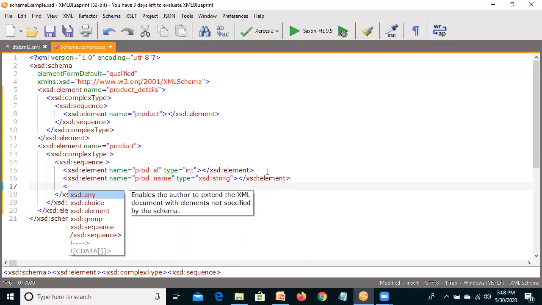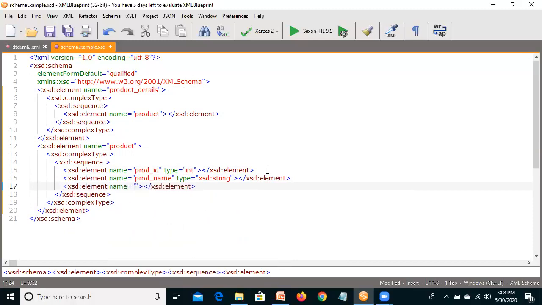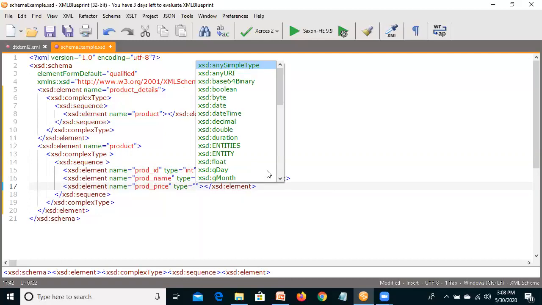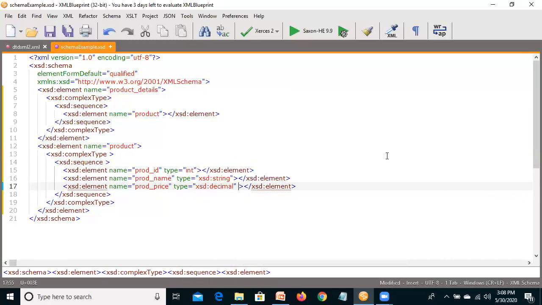Next, element name is product price. And type is, we'll take decimal. Okay, this is about it.